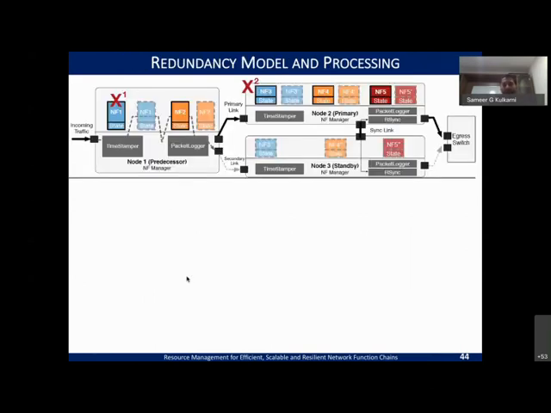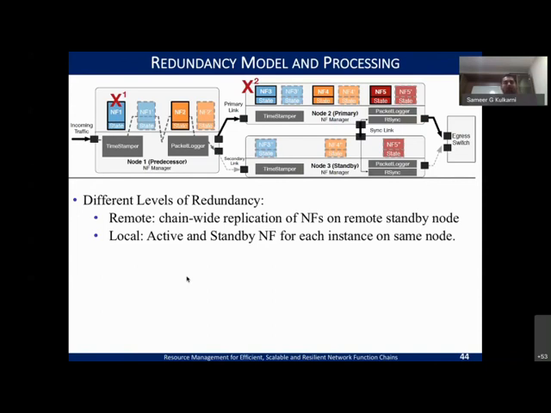So to elaborate a bit further, what we built is a two-tier redundancy scheme. At first, the redundancy is maintained within the node, where in each of the nodes you have a replica, so that if this network function fails, you quickly move over to the replica.